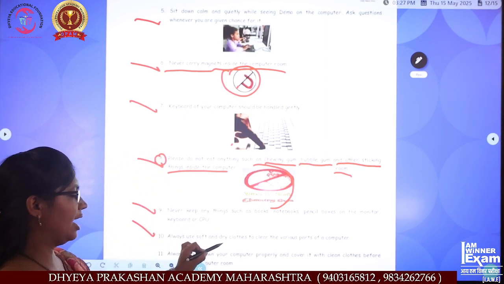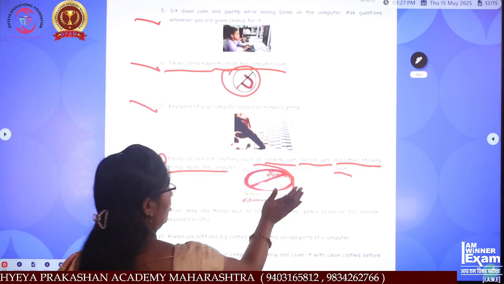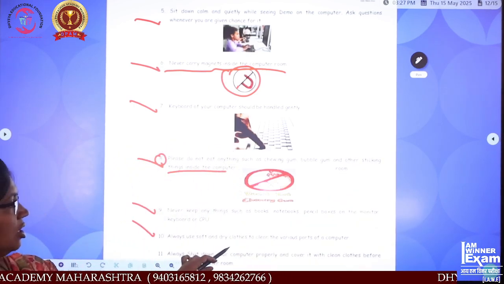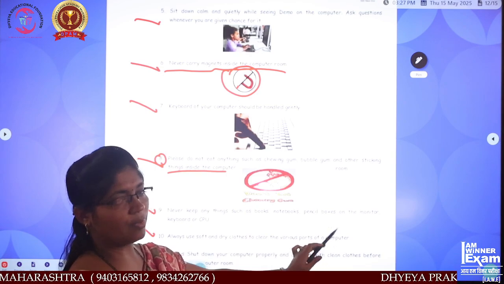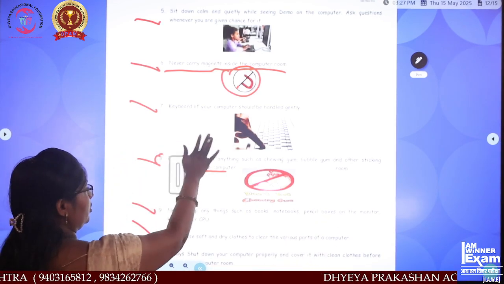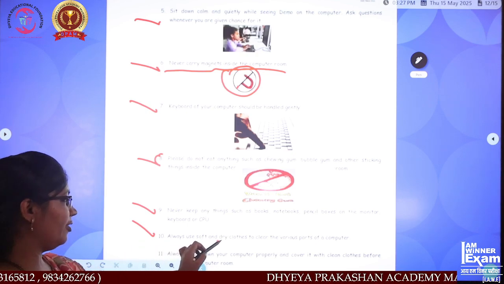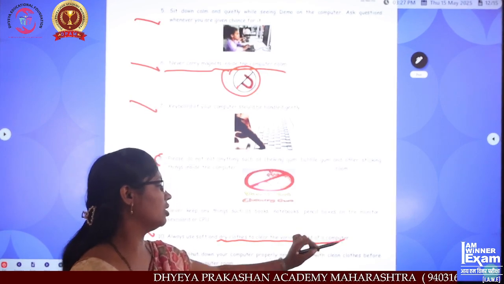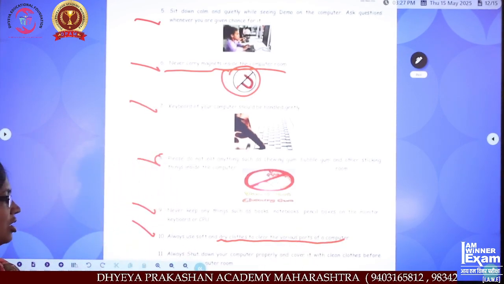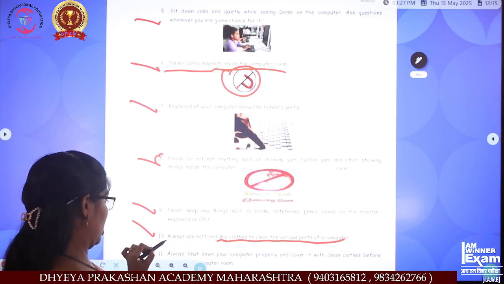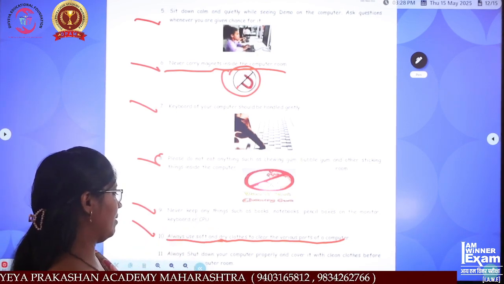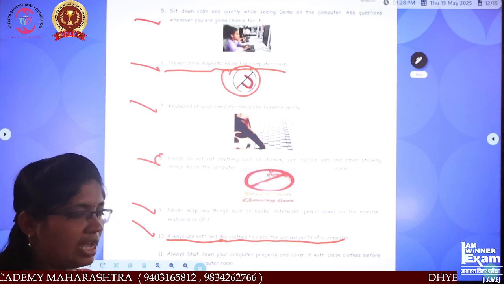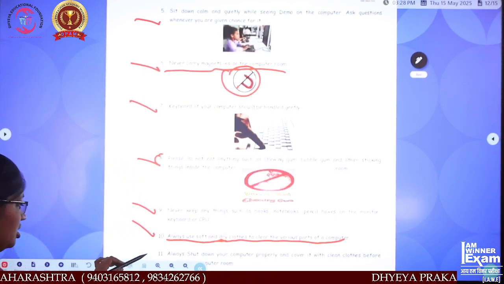Always use soft and dry clothes to clean the various parts of a computer. आपल्याला जे पार्ट्स आहेत कम्प्युटरचे ते सॉफ्ट कपडा वापरायचा आहे. क्लोथ्स म्हणजे कपडे. सॉफ्ट आणि ड्राय क्लोथ्स वापरून काय करायचे आहेत, क्लीन करायचे आहेत. त्याच्यानंतर next पहा,